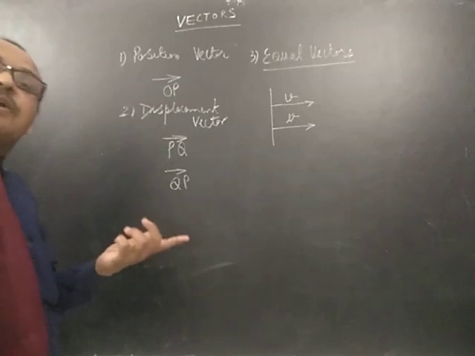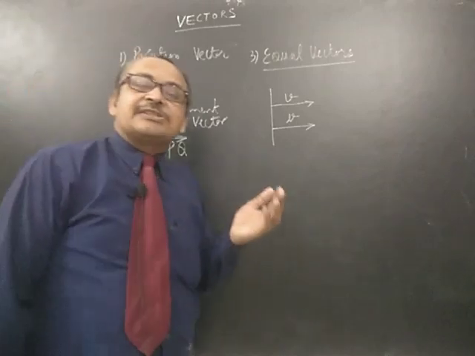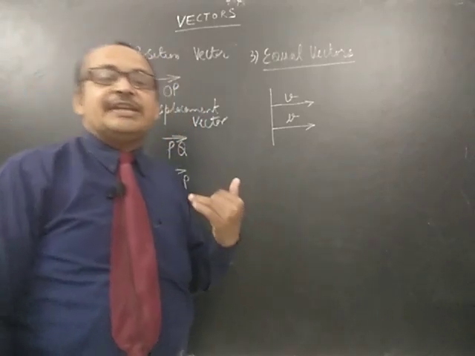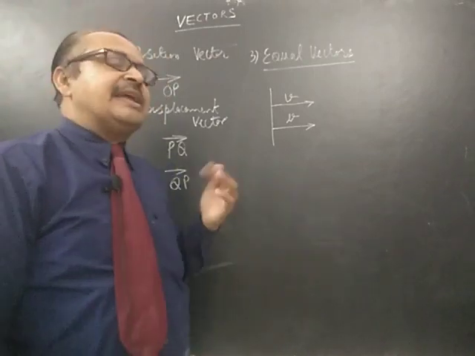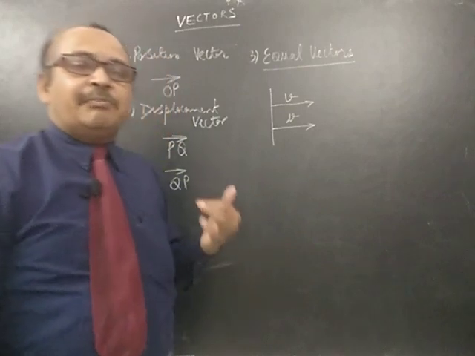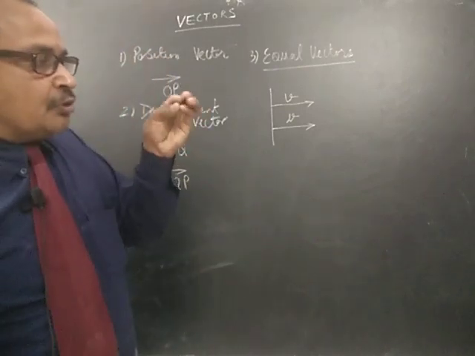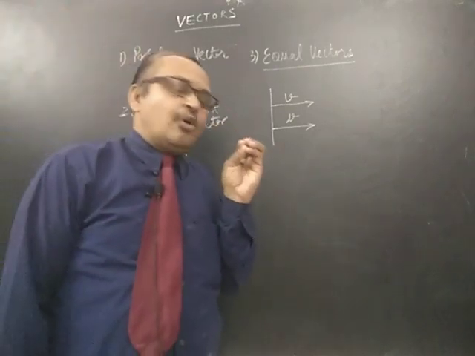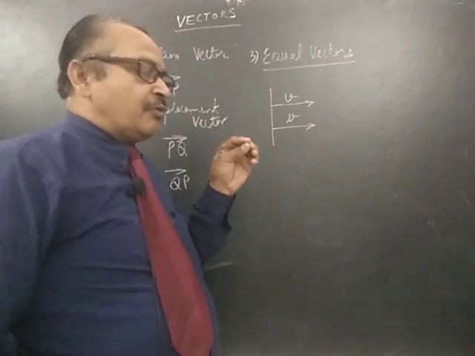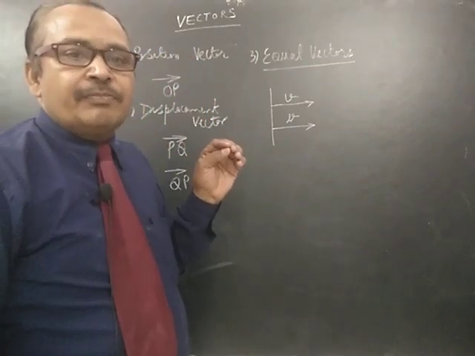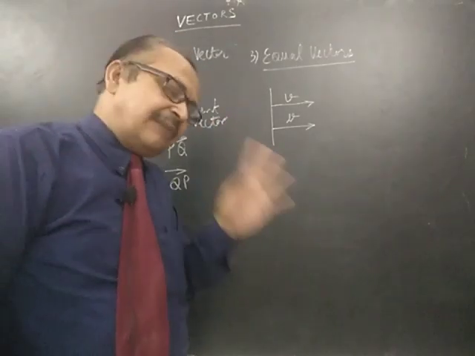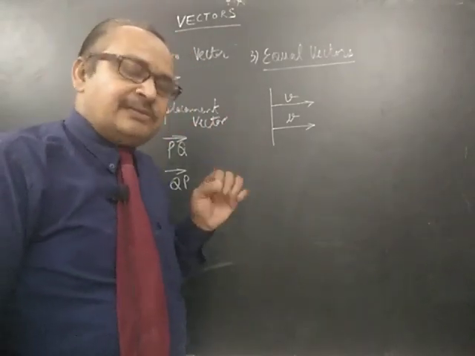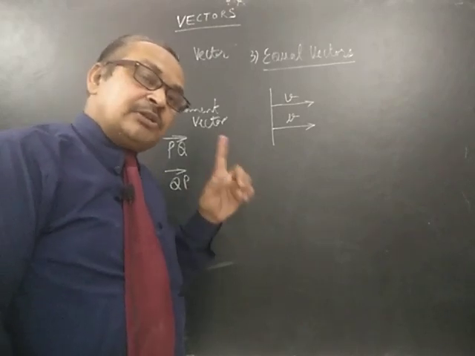Negative of a vector. Beta, what is the negative of 5? What is the negative of 5? -5. What is the negative of 10? -10. If suppose you represent 10 from, say, origin, where will it be? Okay? It will be on the right of 0. Shabash. And when I say -10, it will be on the